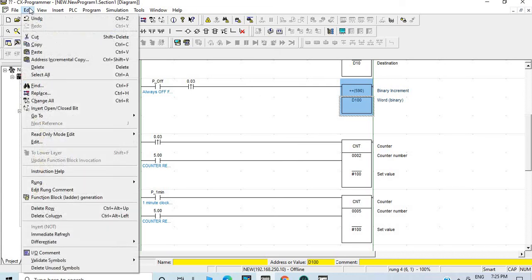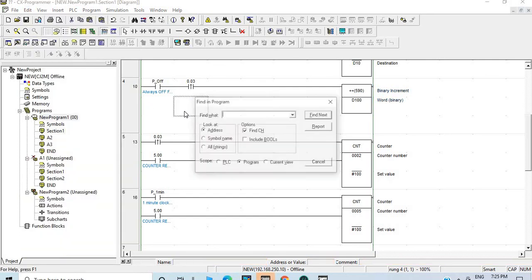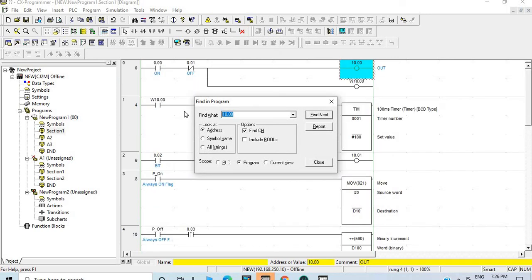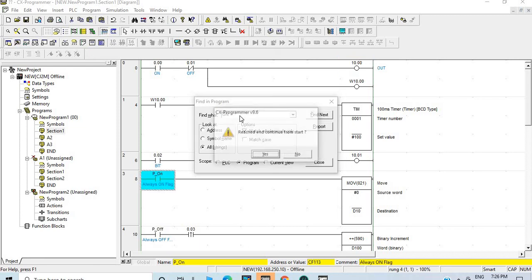Here in the Edit menu you can cut, paste, address, find, if you want to find everything. Suppose I want to find 10.00, find, then it will show the address. If you want to find in comments, all strings, then you need to turn it on. If I am finding ON, then it will show every ON, whether one time or two times.